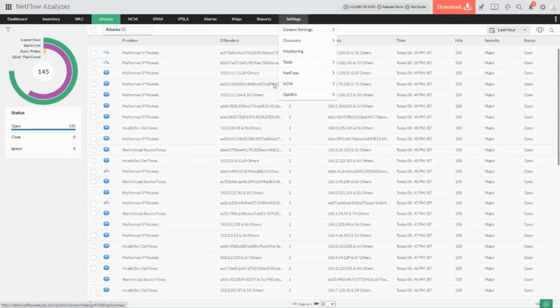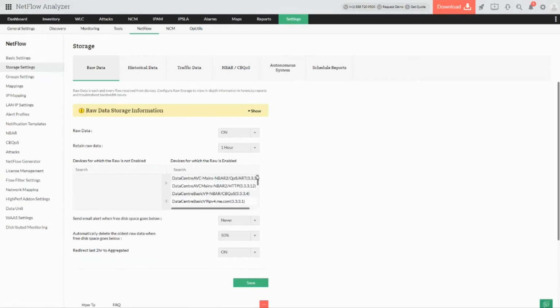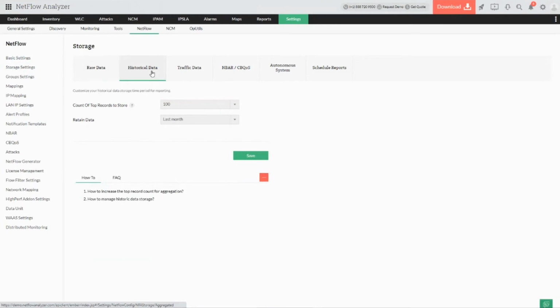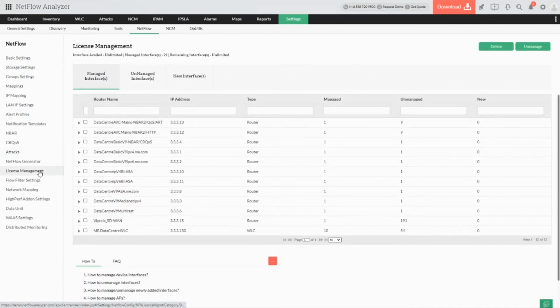And under the NetFlow Analyzer, you have multiple different options where you can also export the flows from the data which we have received inside the add-on to another destination server as well. And likewise, you can have your own storage settings on how the data should be stored. These many hours the raw data should be stored, historic data should be stored for these many months or these many years. And you have multiple different configurations which allow you to have a better picture of how things are happening. And likewise, you have a complete license management page which helps you manage and unmanage stuff in a single window and have a better picture.